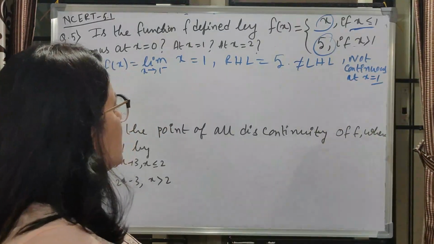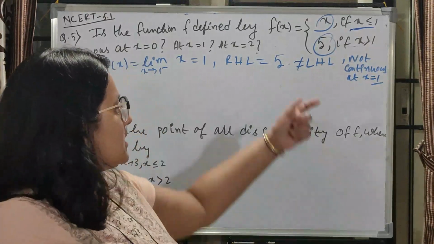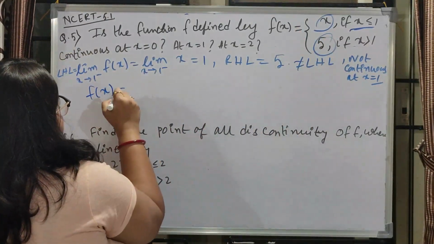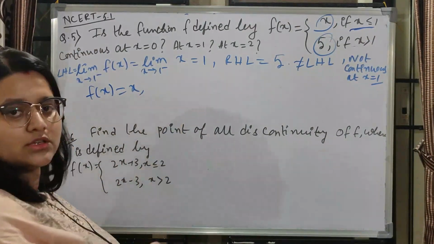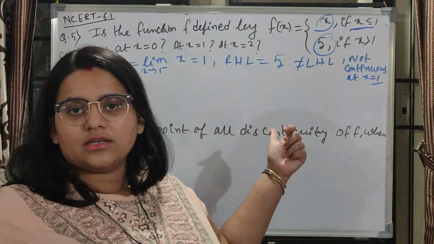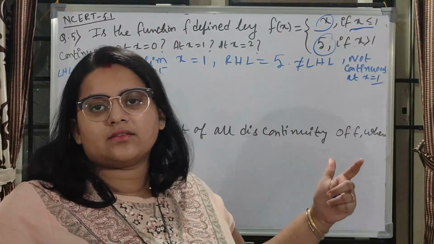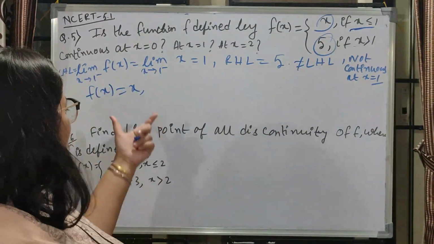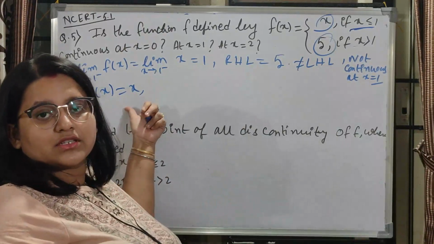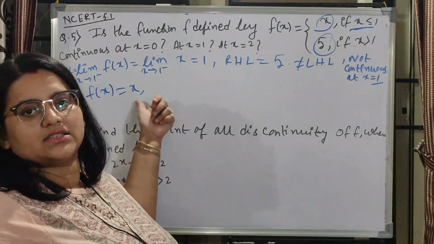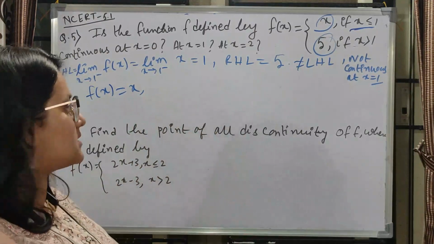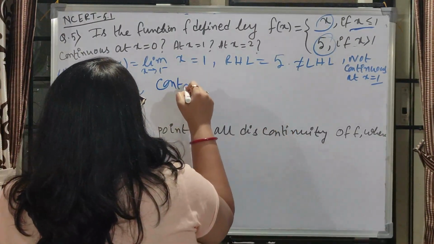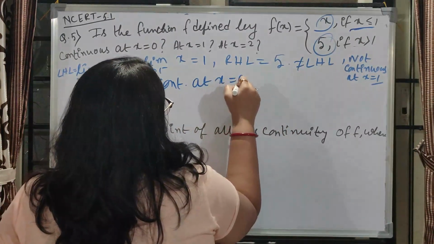Okay. Now see for 0. For x less than or equal to 1, the f of x value is x. So for x equal to 0 also this value will be x only. So if you find the left hand limit, right hand limit and functional value at 0, all will be the same because it's a polynomial function. Otherwise also we can say it's a polynomial function, so it will be continuous at x equal to 0.